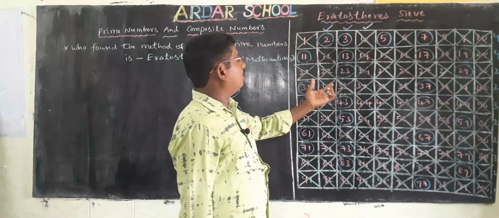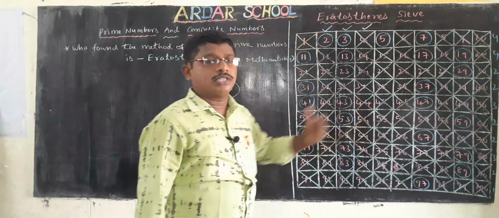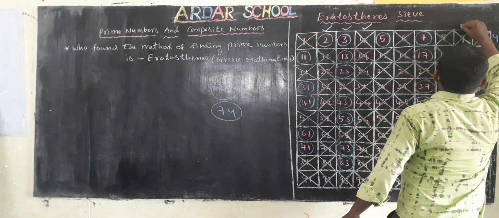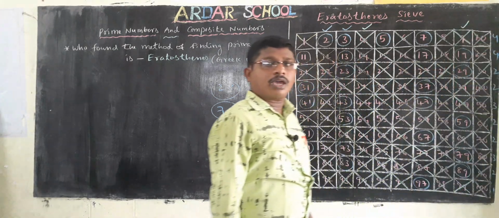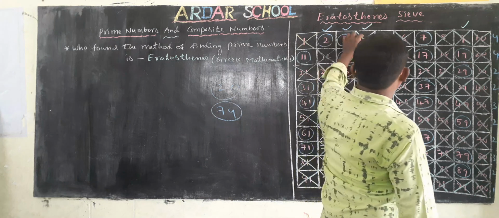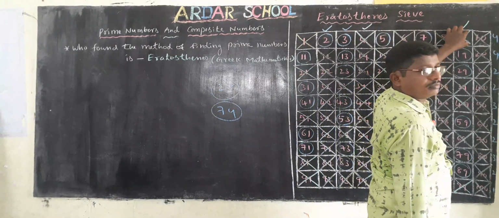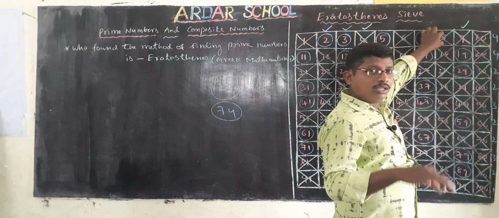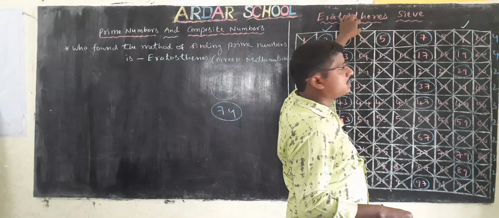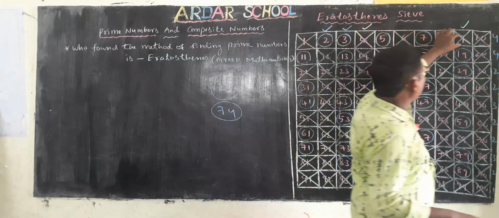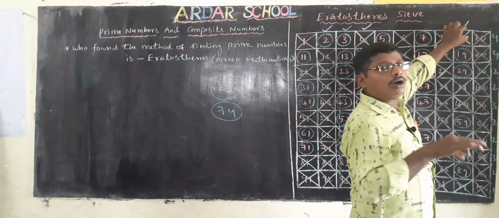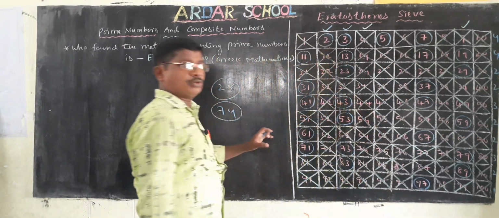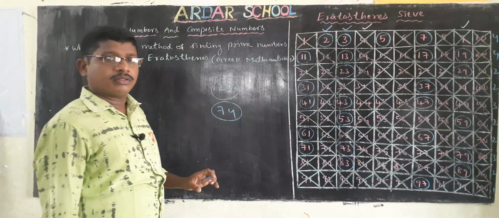What about the smallest odd composite number? The odd composite number is 9. These are composite numbers: 4, 6, 8, 9. 4, 6, 8 are even composite numbers, and the smallest even composite number is 4. The smallest odd composite number is 9. Okay, these 4 questions are most important. Thank you.